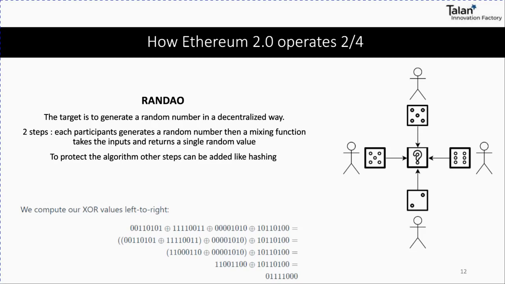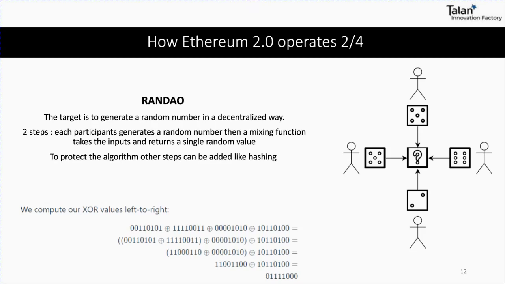This is the technical term, and there are different implementations, but the easiest one, which we can take as an example here, is to take the different numbers generated as bits and then execute an XOR operation on all of them. And of course, we will have a single value that will be represented as the final value. So this is the main idea. Of course, there are a lot of security issues that can be thought about here.